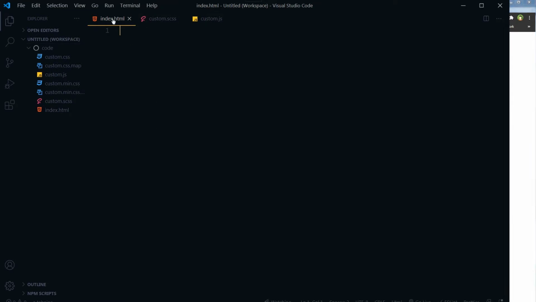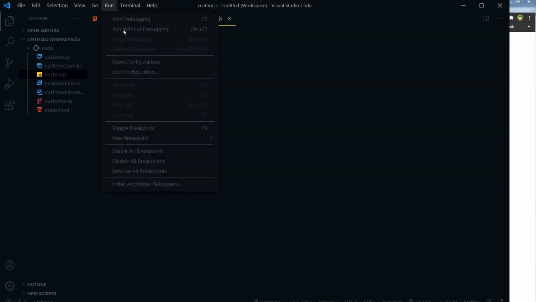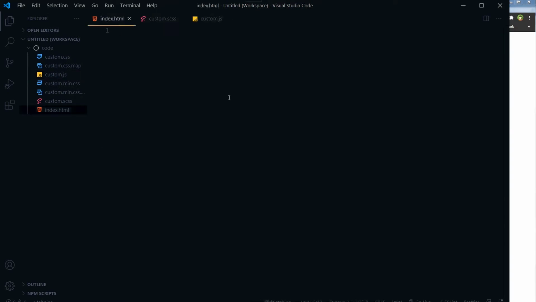We have got this HTML page. This is index.html, custom.scss. This custom.scss file will throw .css code in this file. I am using a Visual Studio Code's extension to convert this .scss file into .css file, and I have got custom.js file. So for this index.html page,